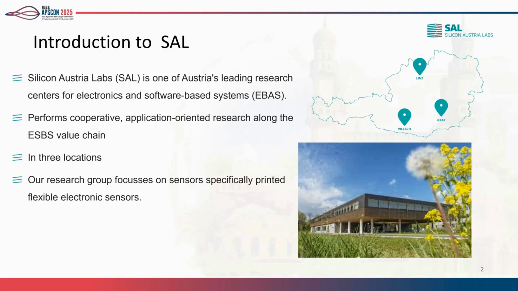It's one of Austria's leading research institutes for electronics and software-based systems. We are performing cooperative and application-oriented research along the EBS value chain. Silicon Austria Labs is in 3 locations within Austria: Graz, Linz, and Villach. I am located in Villach, one of the beautiful towns in the southern part of Austria,